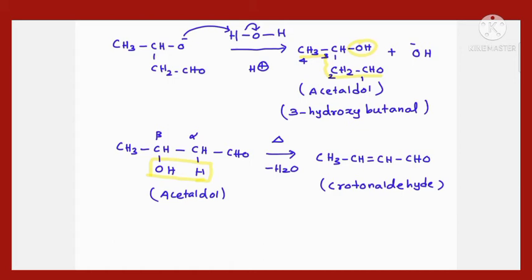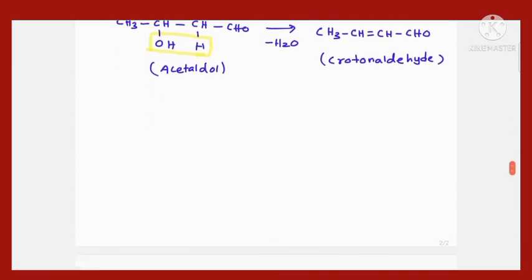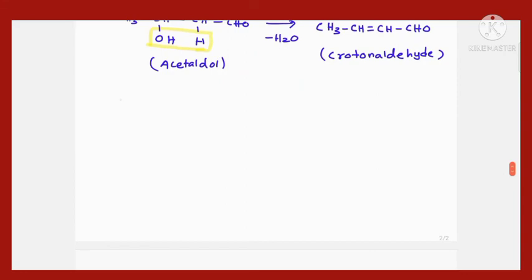Okay, right. So this is what the aldol condensation is about. And one more thing. This reaction is also called simple aldol condensation. So what is meant by simple aldol condensation? If you use two molecules of the same kind, here we are using two acetaldehyde molecules, isn't it? Two molecules of the same kind, so it is called simple aldol condensation. Okay, there is one more aldol condensation which is called crossed aldol condensation. So let us see what is meant by crossed aldol condensation.